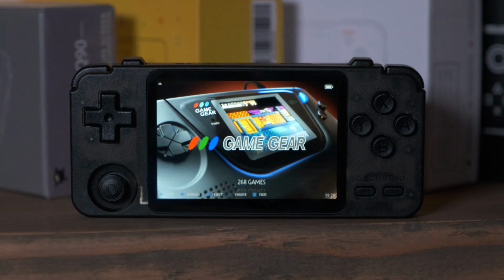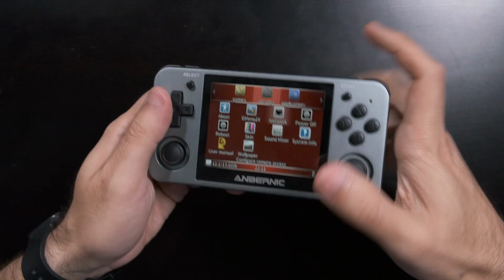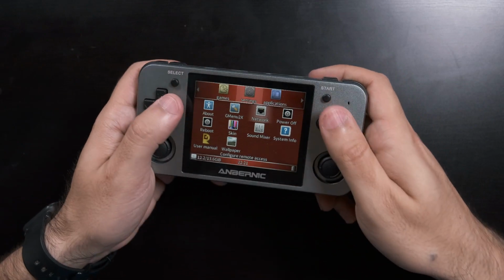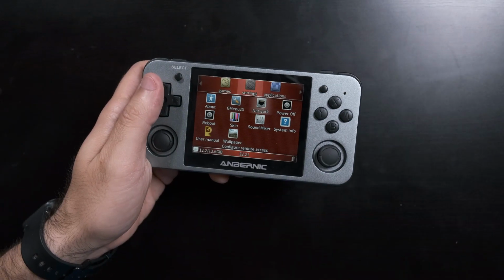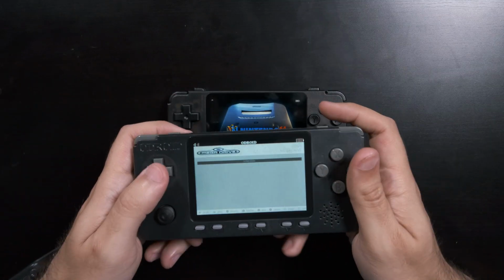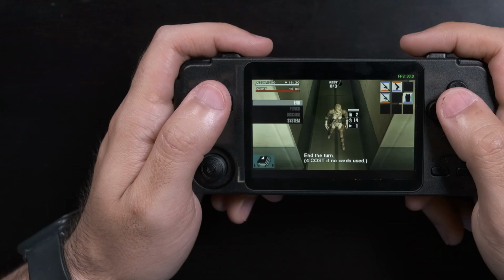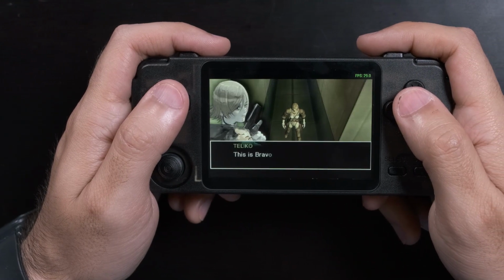The RK2020 is the first in a new generation of retro handhelds. Whereas 2019 and early 2020 was dominated by the RK350 and handhelds that were based on the same chipset, think the PocketGo V2, this generation is based around the ODROID Go Advance. It isn't the original and doesn't bring anything new to the table, but does the RK2020 have it where it